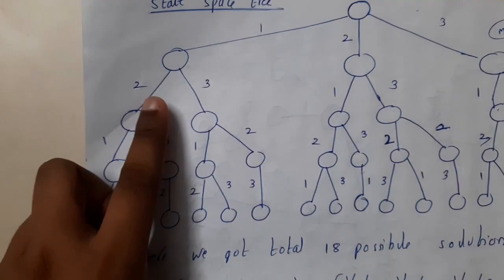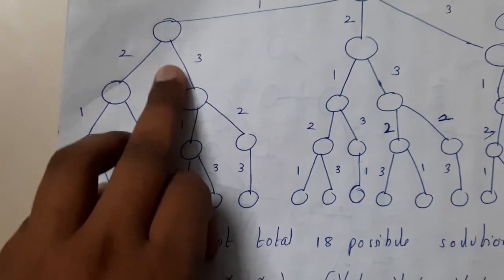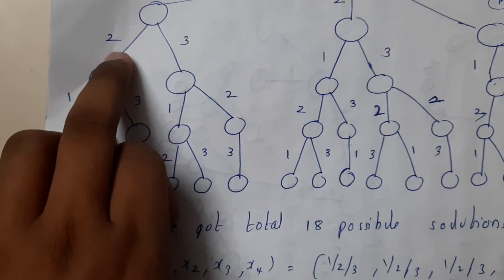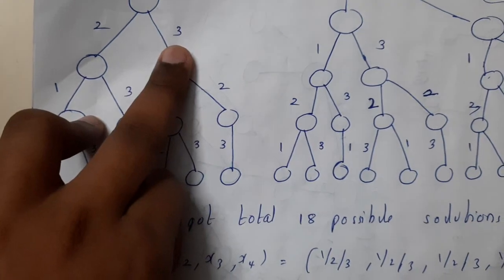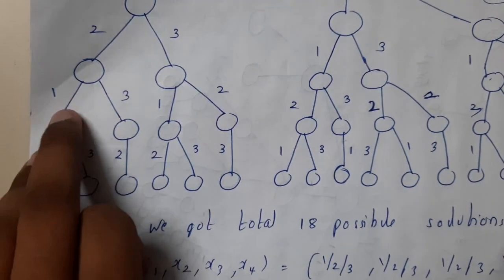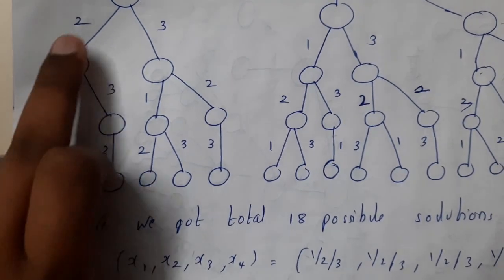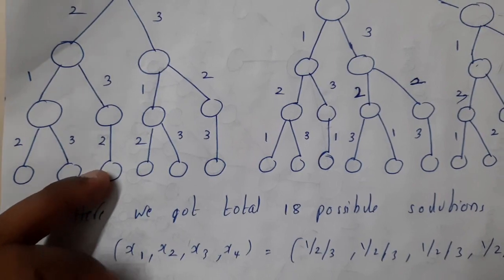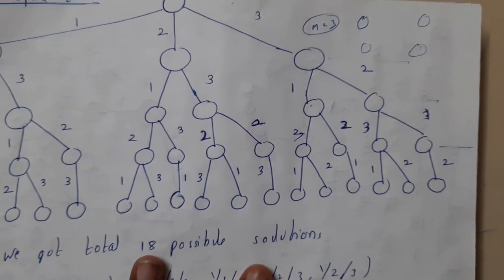So this is the first part, right? So for now you just observe the first part. So assume that I selected the first color there. So can I select the first color for the adjacent vertex? No, I cannot select. So there I will be selecting 2 or 3. So once the adjacent vertex is done, again I can select 1 or 3, right? Yes, again if these 2 are done, again I can select for this vertex 2 or 3, right?